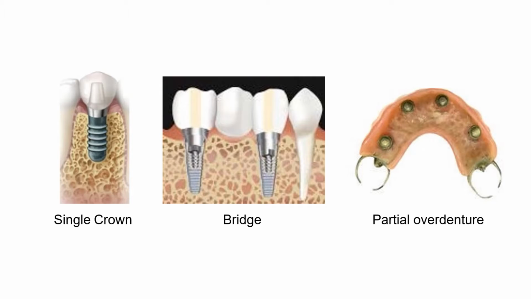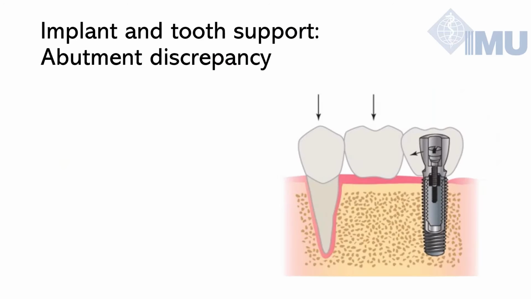So it can be either a fixed option or a removable option, and accordingly you need to change whenever you are thinking of joining the implant crown with the tooth abutment for the bridge. You need to understand the compressibility of the periodontal ligament of a tooth abutment against no compressibility of an implant in the bone. That discrepancy may cause some stresses around the implant, and that's one school of thought. But a number of clinical evidence nowadays is indicating to us,